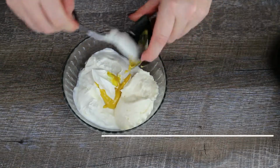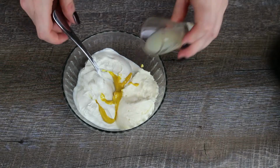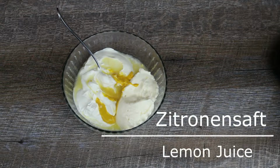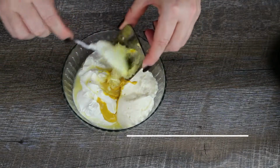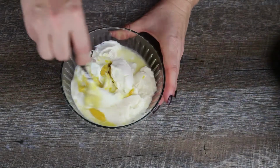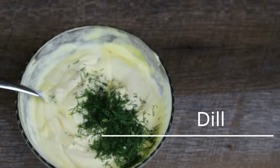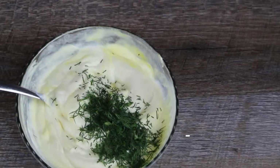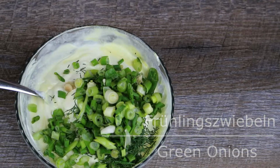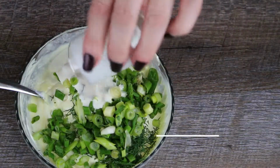Senf, Zitronensaft, Knoblauch Paste, Dill, Frühlingszwiebeln, Schlagsahne,